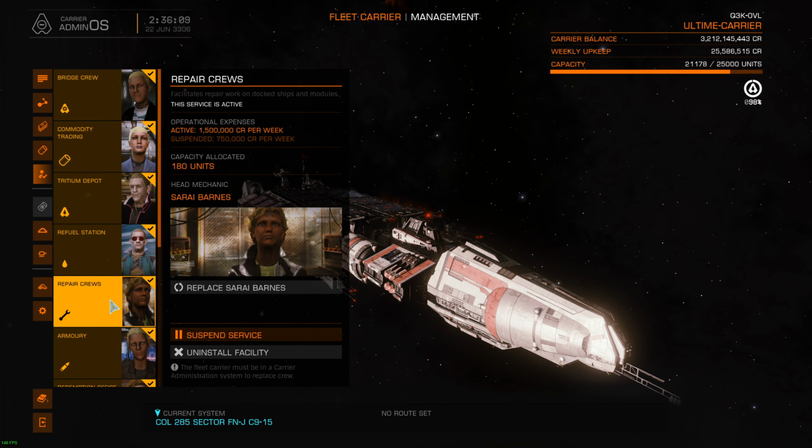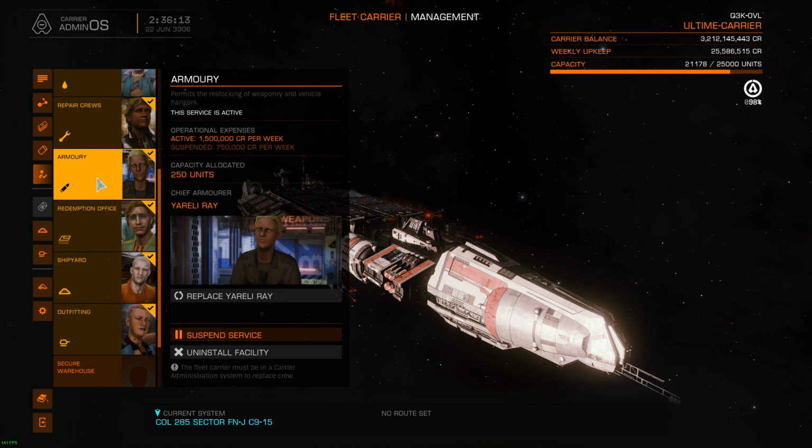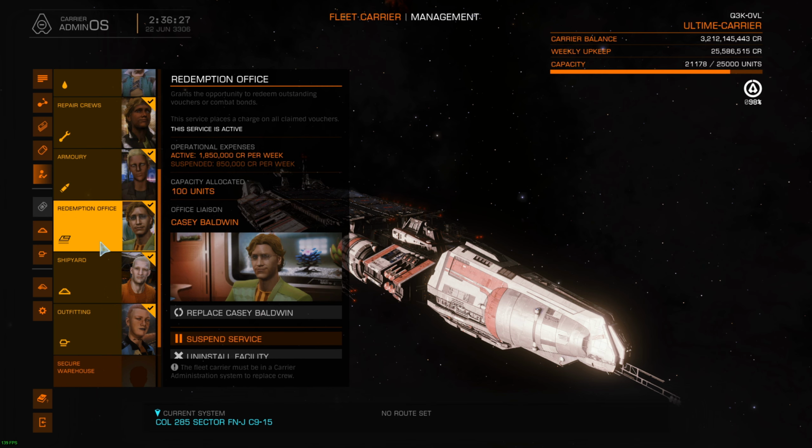Repair crew, okay, I get it. You have to buy that. Armory is fine because I guess you can make money out of it, people buying limpets, refueling, missiles and stuff like that. Redemption office is the contact for combat bonds and stuff like that. Well, I don't see anybody using that, but I put it there anyway. The problem is you have like a 20% cut for it, so